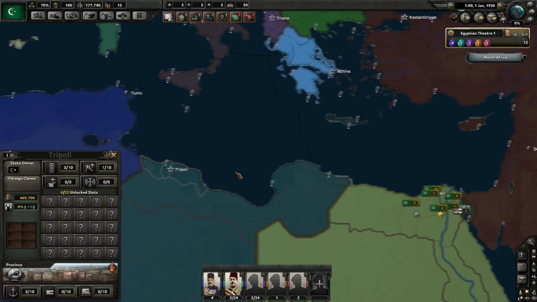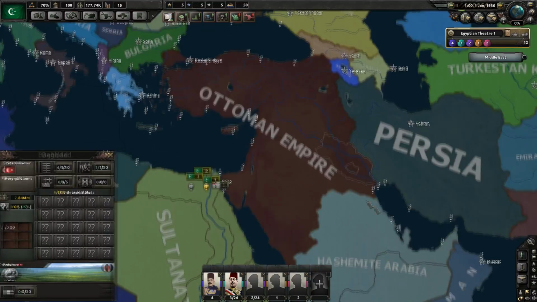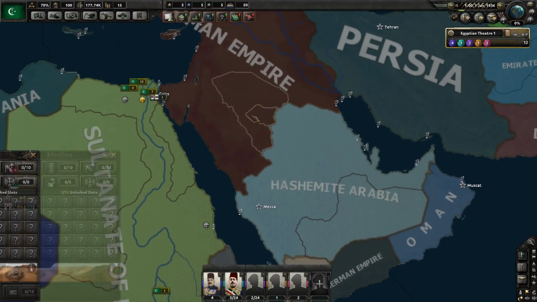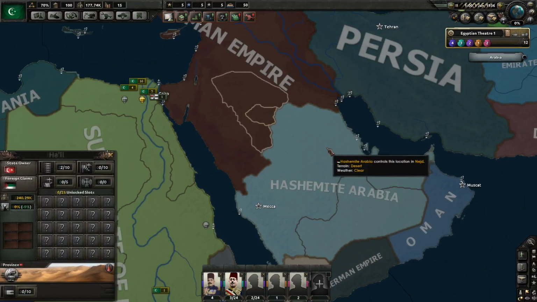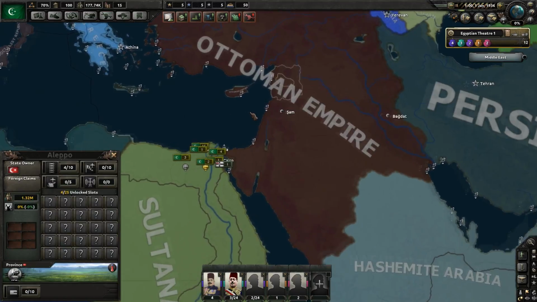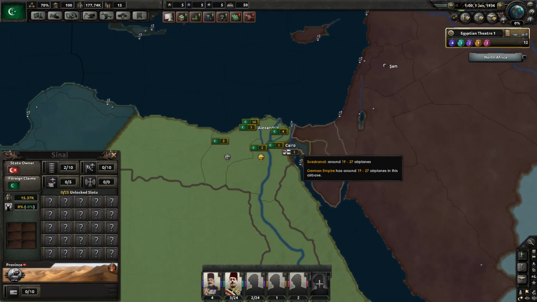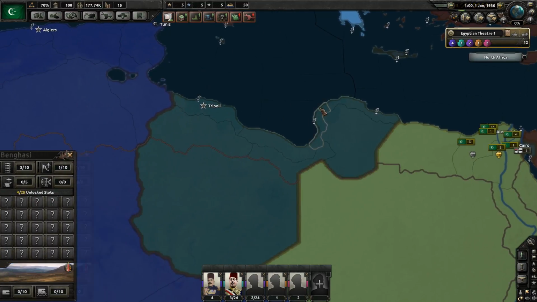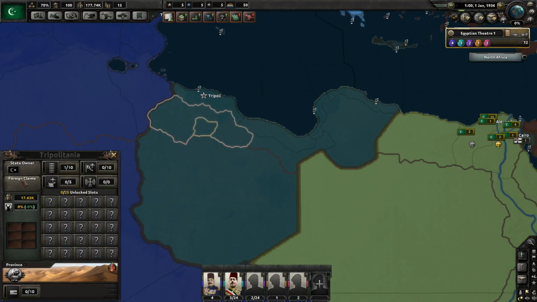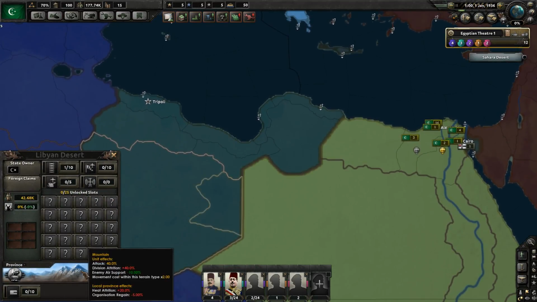So you can actually end up with a huge manpower pool all the way from, again, Tripoli to Kirkuk, and basically including all of the Arab populated areas except the ones in modern-day Saudi Arabia. So including modern Iraq, modern Syria, modern Lebanon, modern Israel and Palestine, and then, of course, the coastal areas of modern Libya, although you actually do not get cores in the interior, which is something that I kind of enjoy, seeing that this is mostly just...